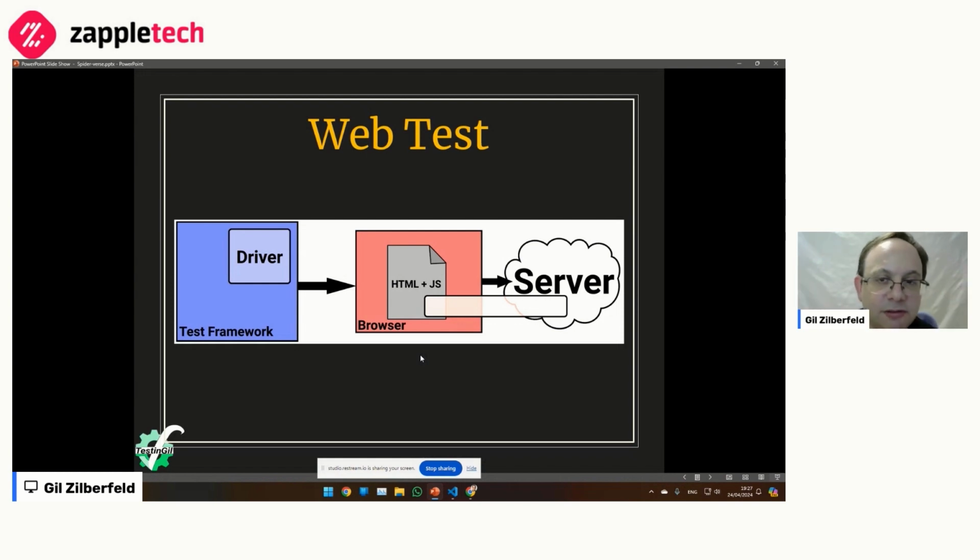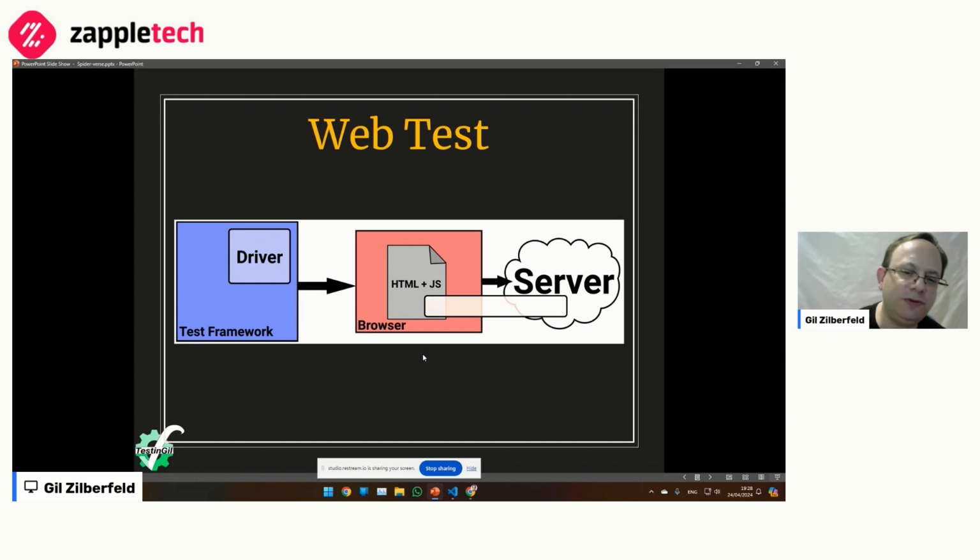It's a lot heavier. The machinery is a lot heavier because we have a test framework. I'm using Playwright. But if you wrote things with Selenium, for example, you'll have a test runner that operates Selenium, because Selenium is really running drivers which talk to browsers, which then load the HTML and JavaScript, and you don't know what happens on the backend, because that's a complete mystery.